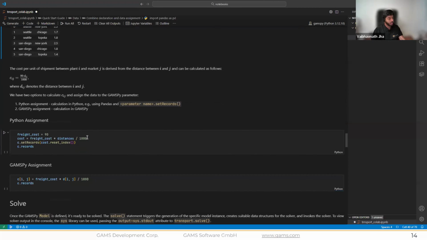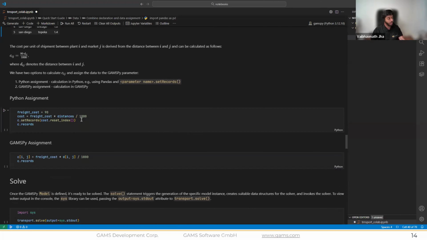The last parameter which we want to add records to is the parameter C. For that, we want to calculate the per unit transportation cost depending on the distance. There are two ways of going about it. We already have the distance pandas data frame, so we can calculate the cost, and this will be a pandas data frame again.